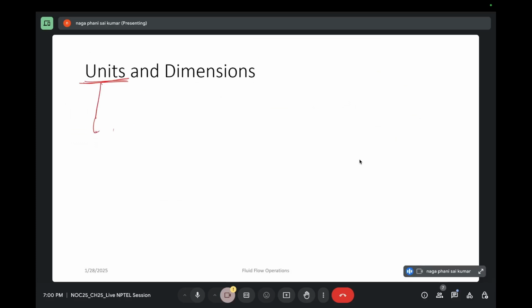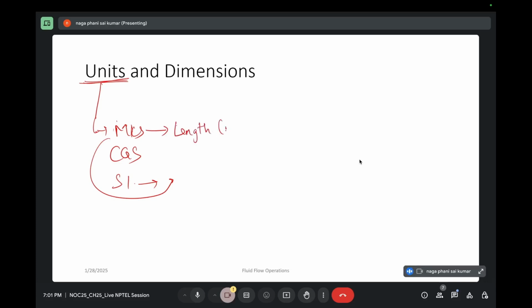So you'll be basically having three different systems, right? MKS, CGS, and SI units. SI units is basically developed from MKS units. Okay, we have MKS, CGS system, and SI units. So this is basically derived from MKS units itself. Okay, so in the MKS system we will be using meter for length, kg for mass, and seconds for time. And in CGS for length we will be using